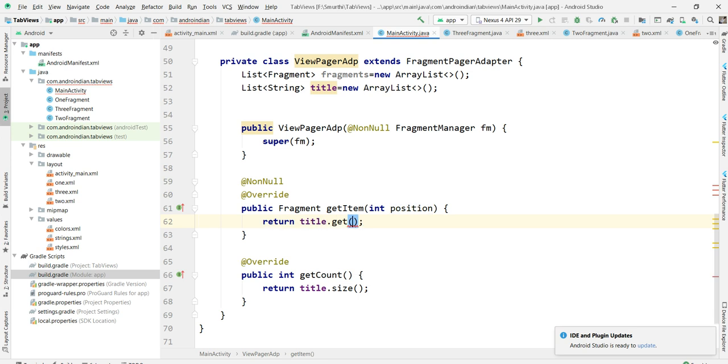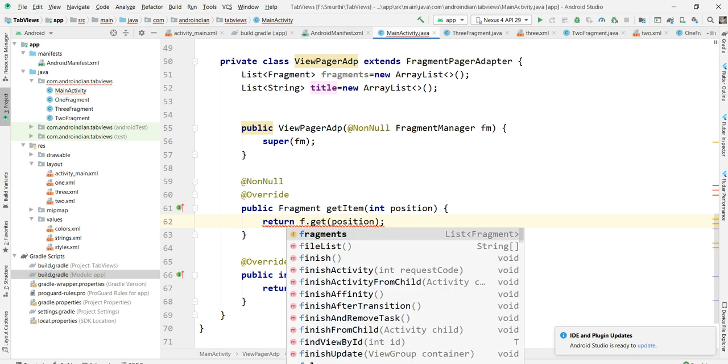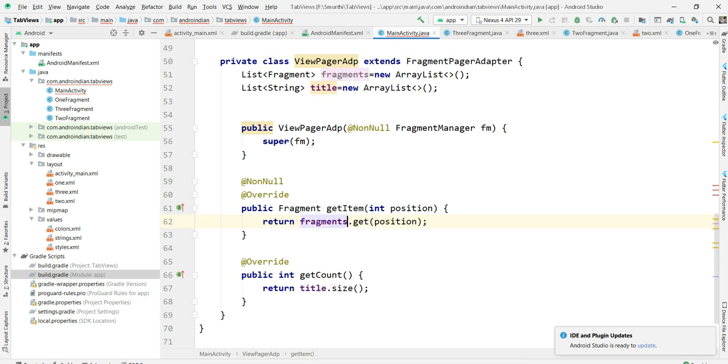Sorry, it's a fragment, so we can give fragments.get(position). This fragment's position we are taking in this. Once this is done, no need to do anything more here.